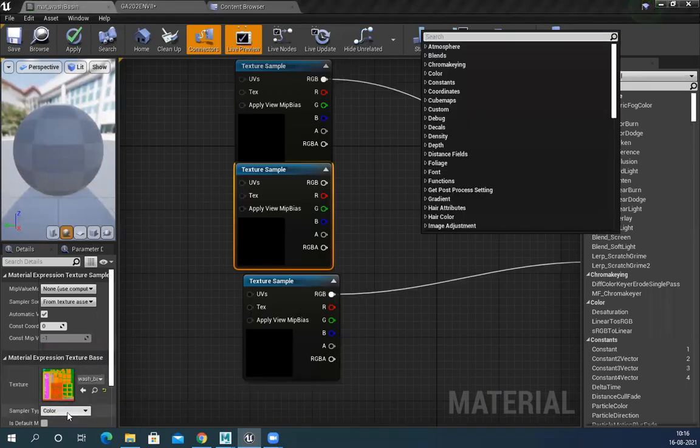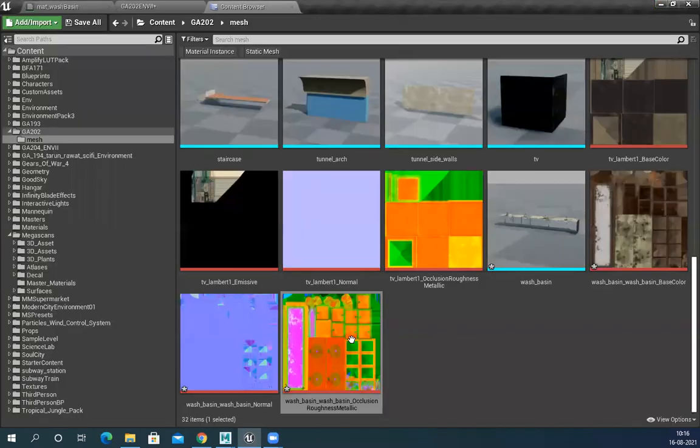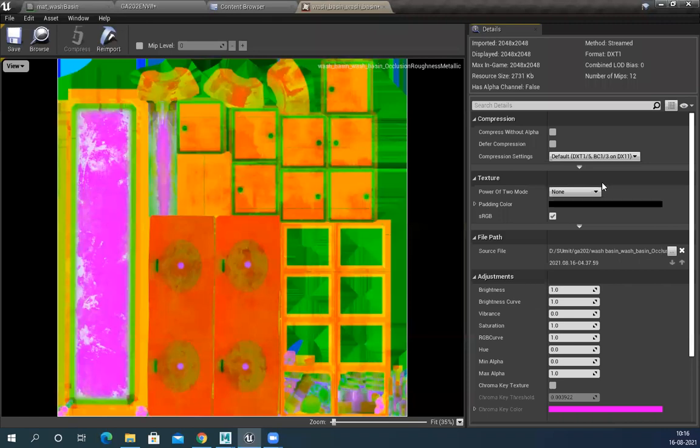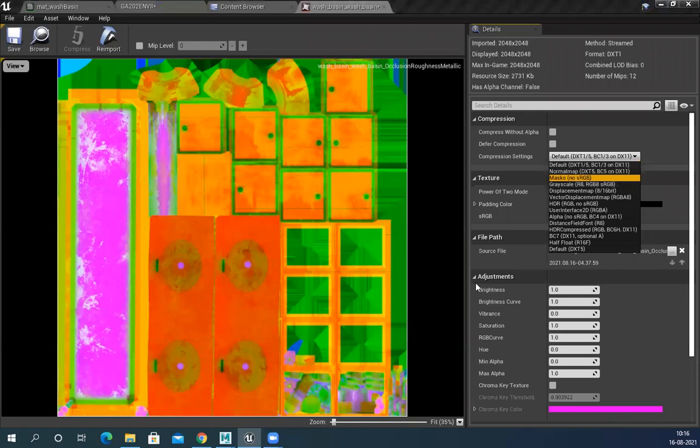So right now it's in color mode. So this one I have to change: double click, open, change to mask, no sRGB. This is very important. Make sure you change all the ORM maps. Otherwise, it will...